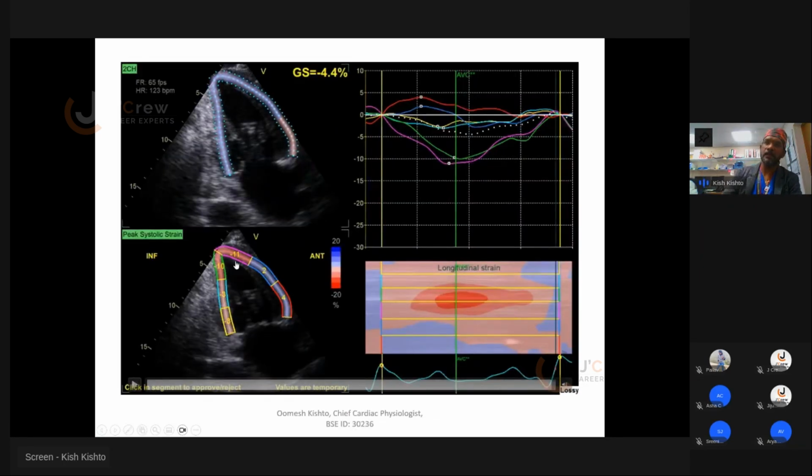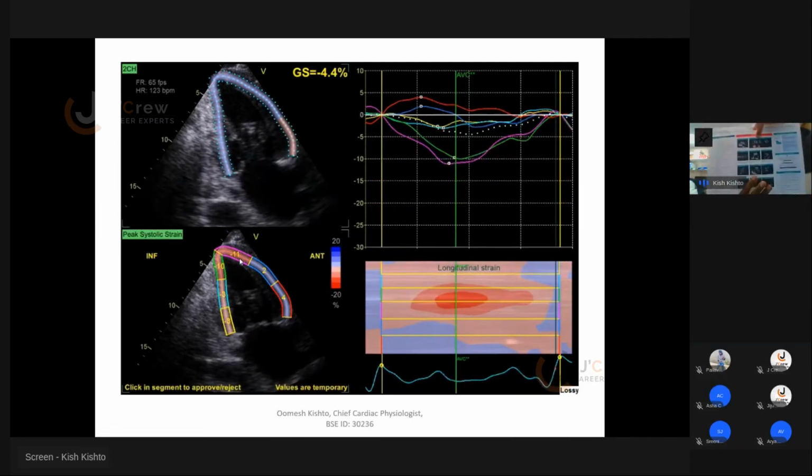So again, the GLS is part of the assessment for amyloidosis as part of our assessment. And also it says relative wall thickness for the LV mass, which is done,